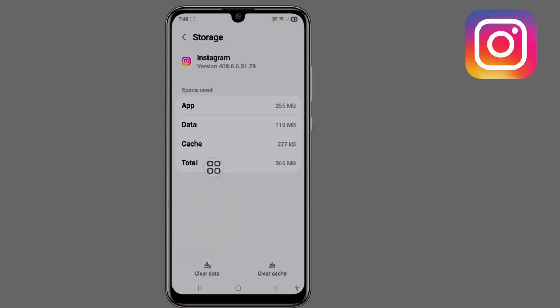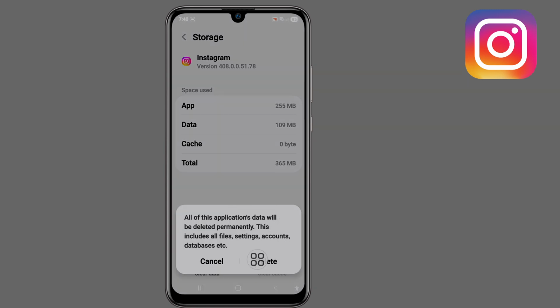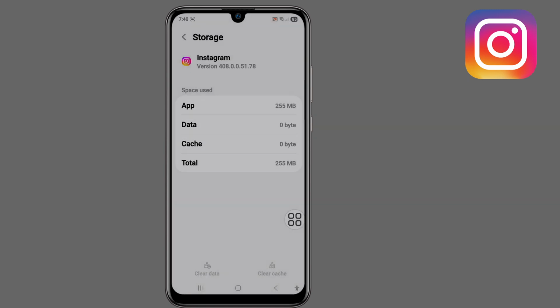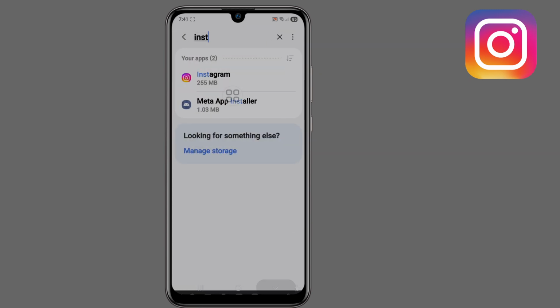Click on storage. Click on clear cache and click on clear data. Delete this. Now go back to your home screen